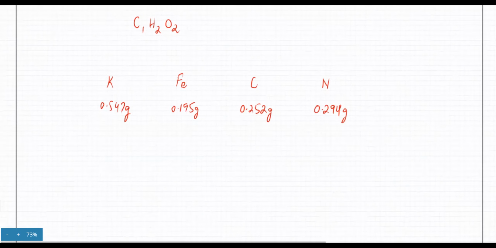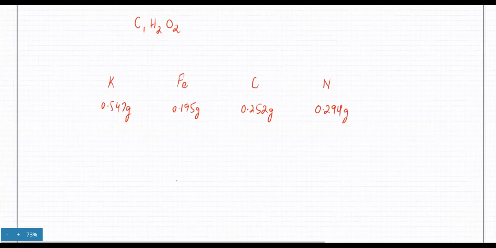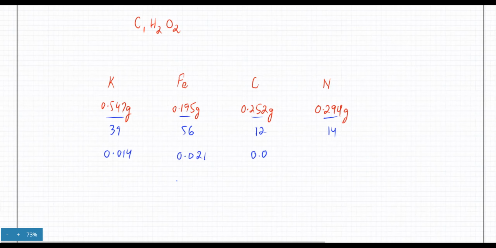अच्छा, this is पहला स्टेप क्या था कि मोल्स निकाले. ठीक है, tell me the moles. This is divided by 39, this is divided by 56, this would be divided by 12, and this one would be divided by 14. Values बताओ कि क्या क्या values आ रही हैं. Mahat, can you tell me the values for the first one? The first one is 0.014. Next one is 0.021. Next one is 0.021, and so is the next one. I mean these are all 0.021.